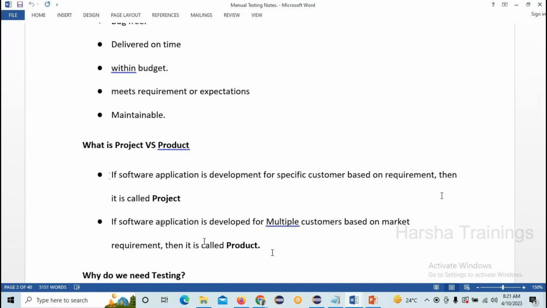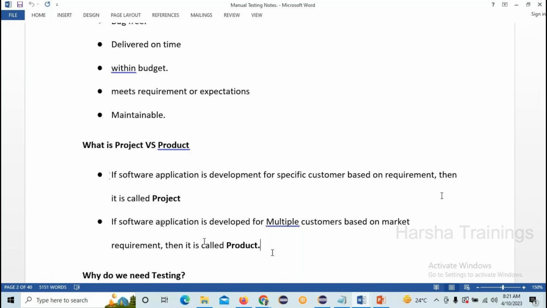Yes, sir. It's a project, not a product, because the Country Delight application is developed and given to the Country Delight head. Of course, it is used by multiple users, but here we are talking about the customer. We designed that application only for that head. We are not selling that project to other people, right?